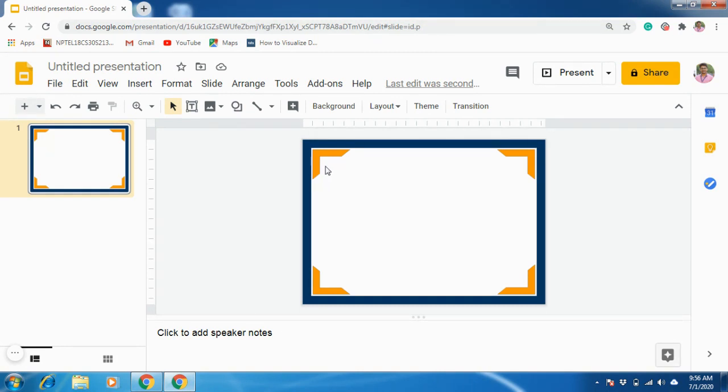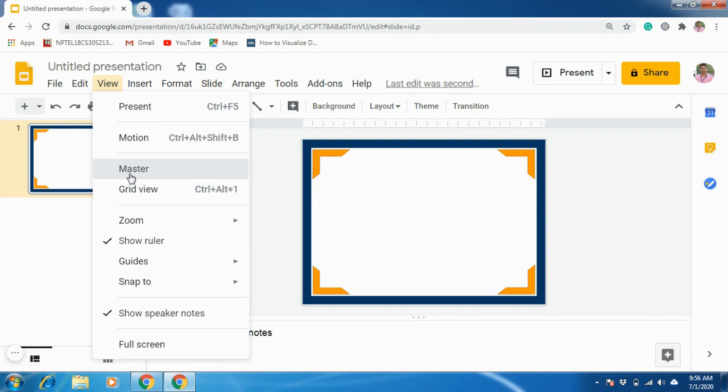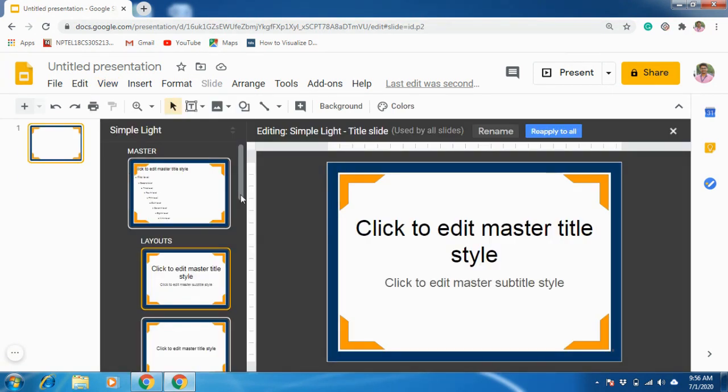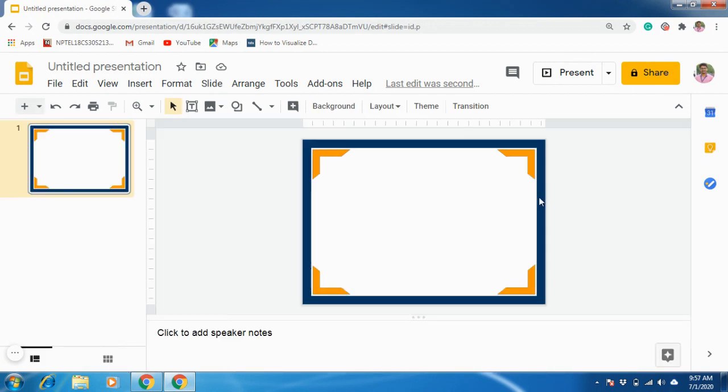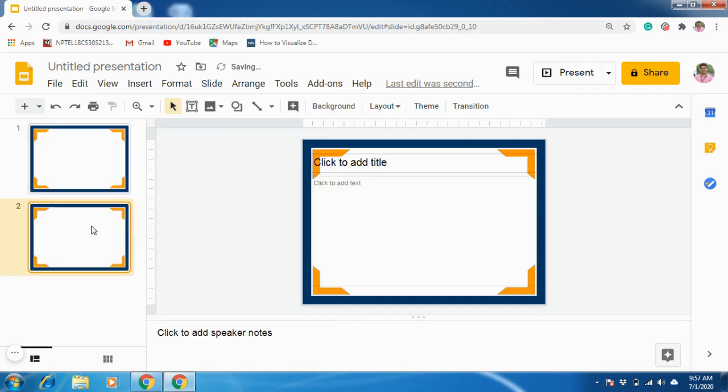So for that reason, whatever template you want to use, after your satisfaction, you cut all the frames, go to the View option and go to Master, select the first master slide and paste here. Then you close this. Automatically this will be in the background. If you create a new slide also, this is always the background.